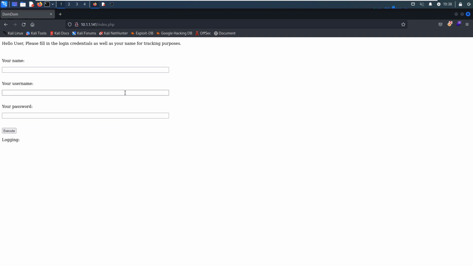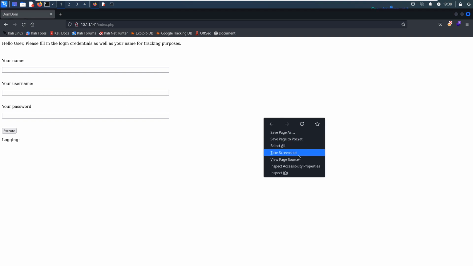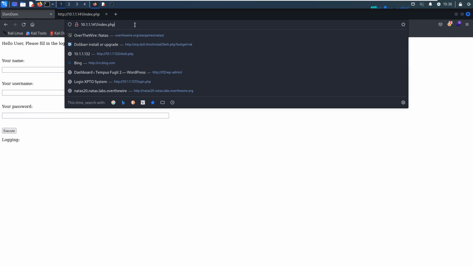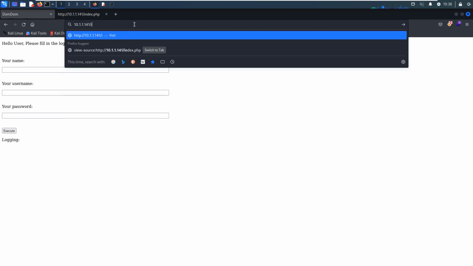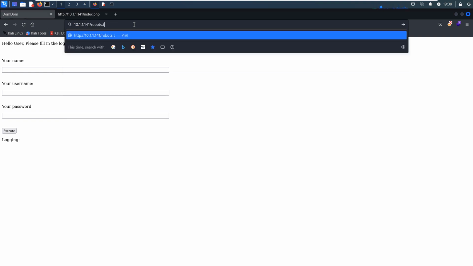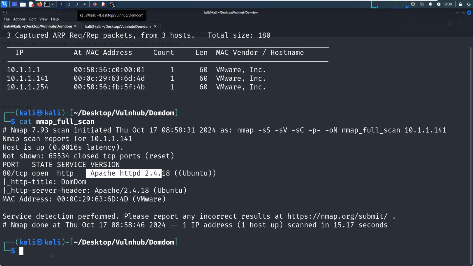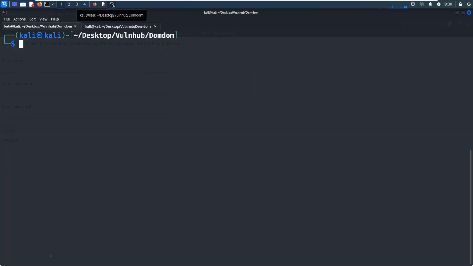Okay, it's fine. And as usual, we need to check its source code, but nothing here. Next, we need to check whether this site has a robots file or not. Not found. Now let's put up the terminal to do the automatic enumeration.